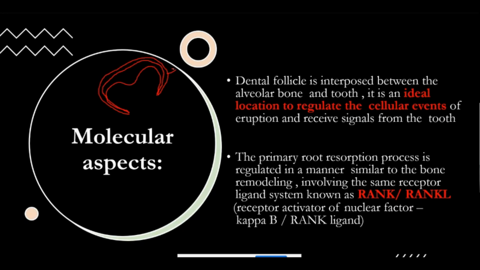Okay, so that dental follicle protects the tooth until it erupts into the oral cavity. That is why I said it is placed in a very strategic position. So this is the dental follicle of the permanent tooth. So it is very easy for it to release factors to cause resorption of the primary tooth which is present